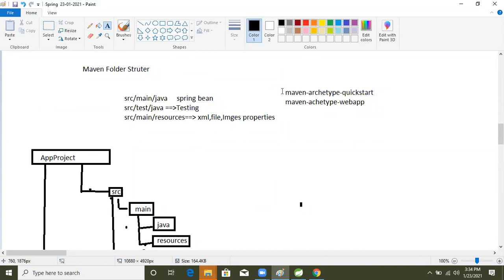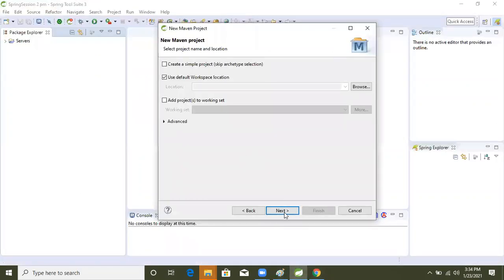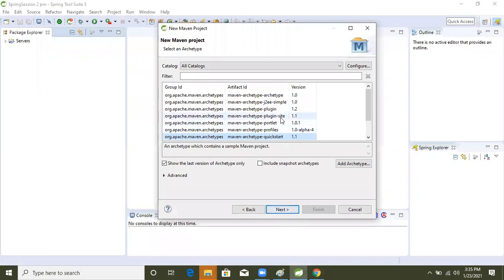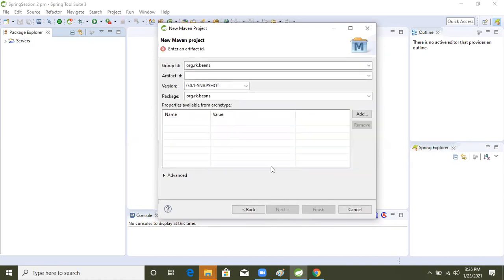So I'm going to create a Maven archetype quick start application. Next it, right. See here, Maven archetype quick start 1.1 version is there. Don't select another one, because this archetype is only to develop a standalone application. Select it, next it, right.